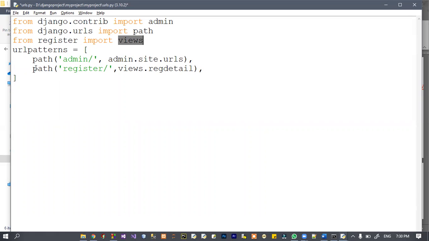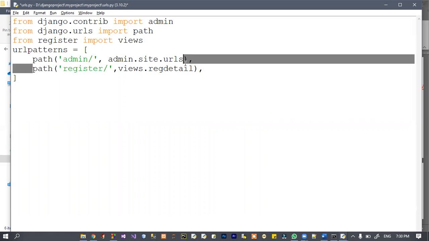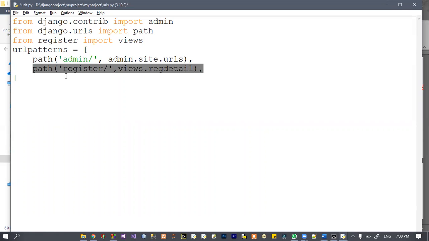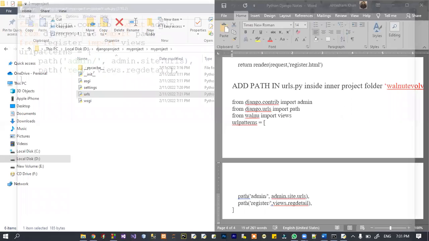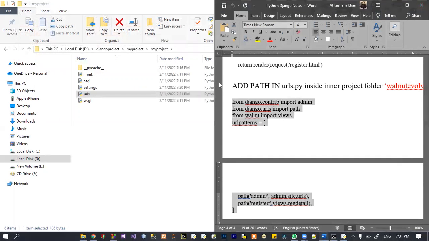Now, after this, this is your path name, in which you need to give your template name. What is it? Reg, register, right? So views dot register reg detail. And now save this page, and